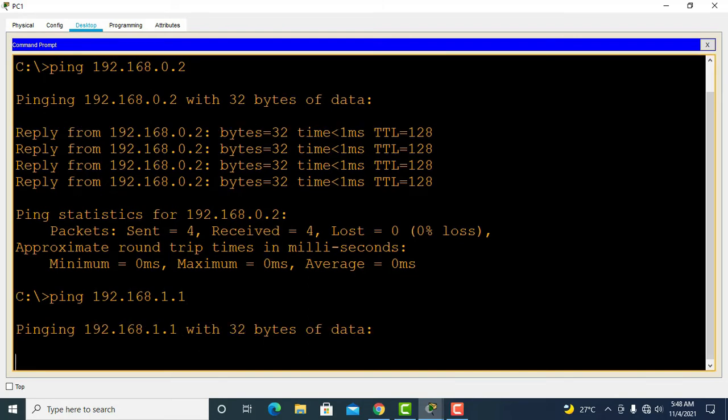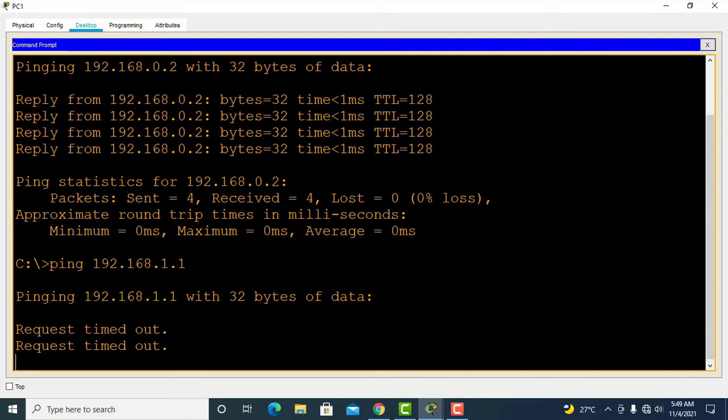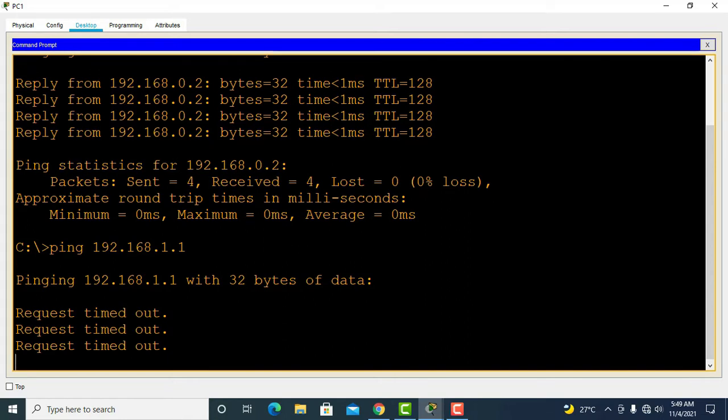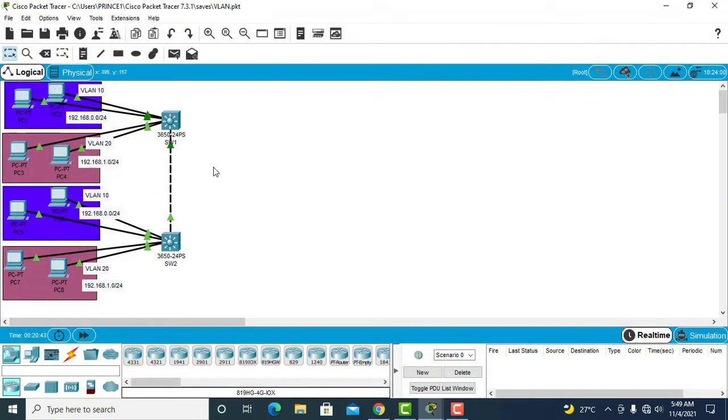is never going to work. Never going to work, because one, this one is on a different network. Two, it's on another VLAN too, so it's not going to work. No way. As you can see, request timeout. It's not going to work for us. All right. So the next thing is to see how best VLAN 10 here and VLAN 20 here can communicate